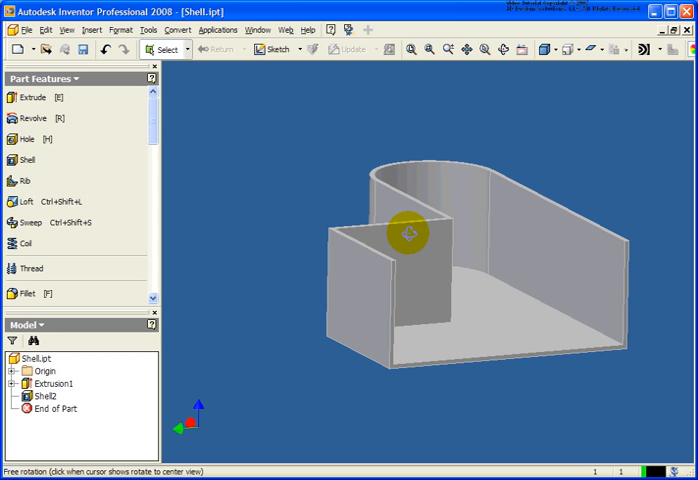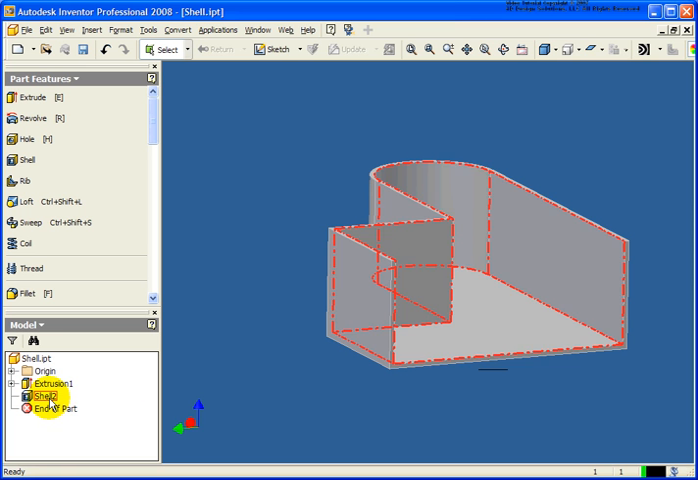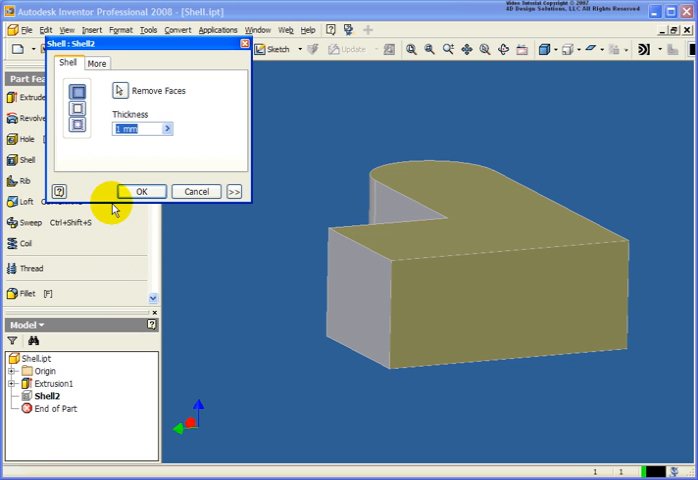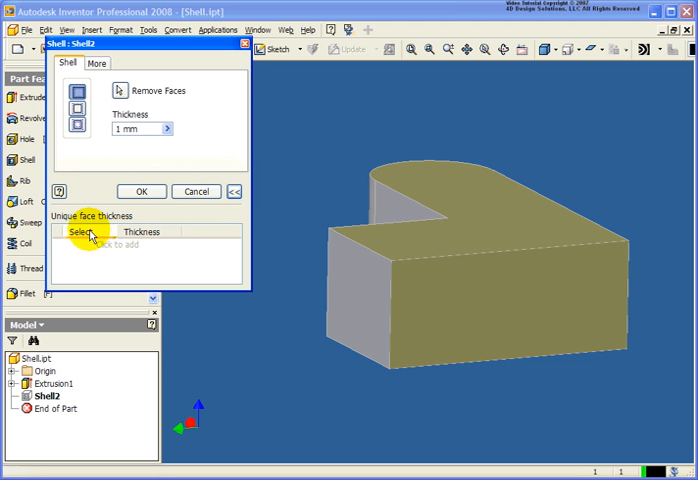So now what I want to do is I'd like to have the material thickness at the bottom be 2 millimeters, and then I want to have this front face extend back 5 millimeters. So I'm going to go back and I'm going to edit that shell, and then I'm going to expand the dialog box, and this is where the unique face thickness is going to be. So I'm going to click on the Click to Add,